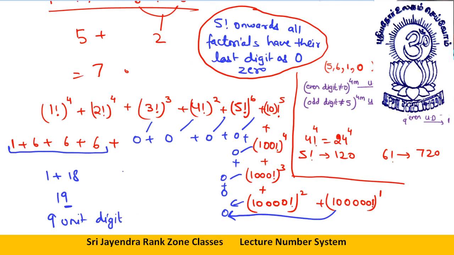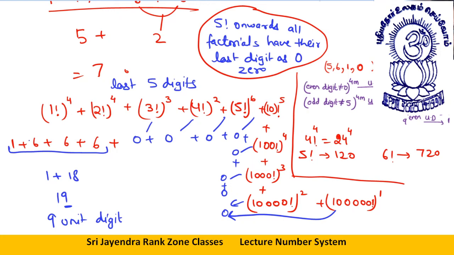I'm so sorry, dear students. We were asked the last 5 digits. Okay. Last 5 digits. Let's calculate this. We need to calculate the last 5 digits. The question might be a bit lengthy, but don't worry, I will solve it. 1 factorial is this. 2 factorial is what? 2 factorial is 2.